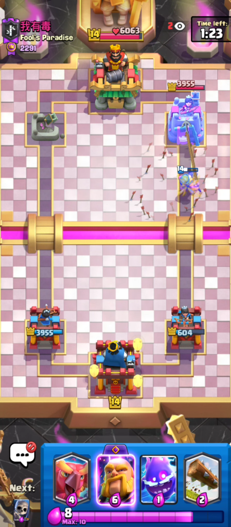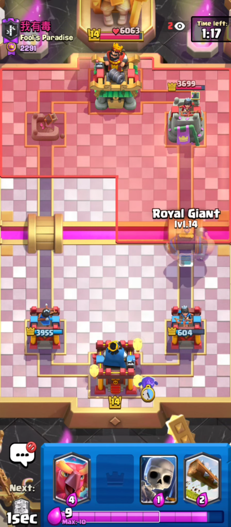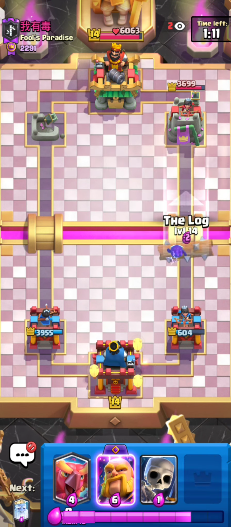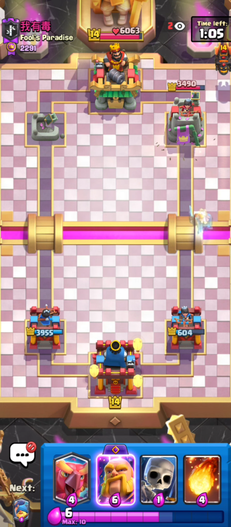It's going to cycle arrows. Okay. Let's see here. Just cycle an Electro Spear right here. And just cycle a Log. Just cycle a Ghost too. And he's going for a Hound in the back, so...